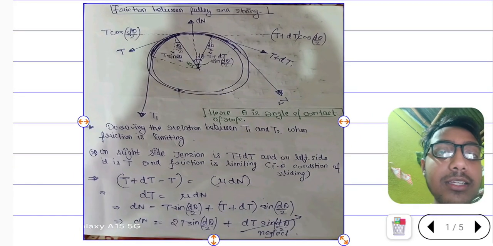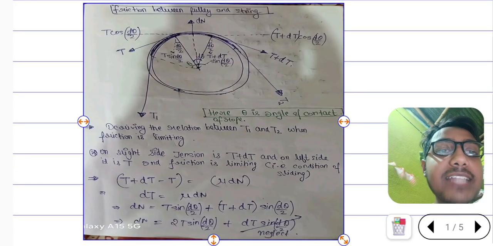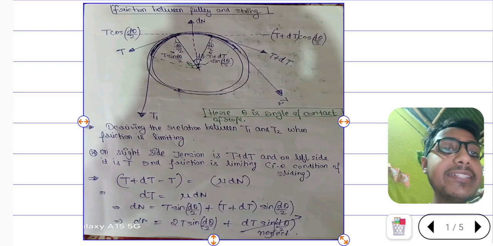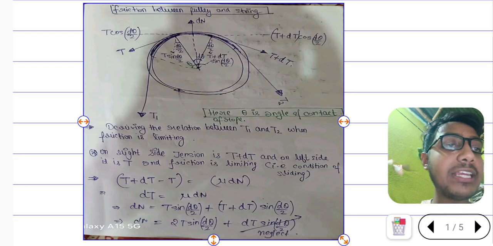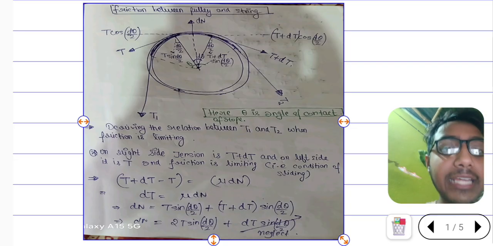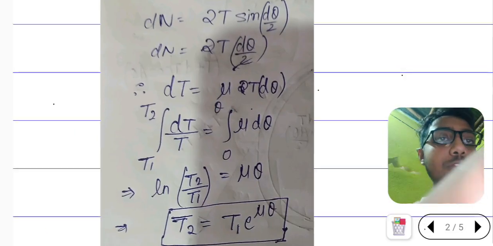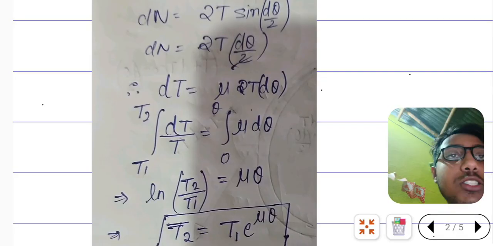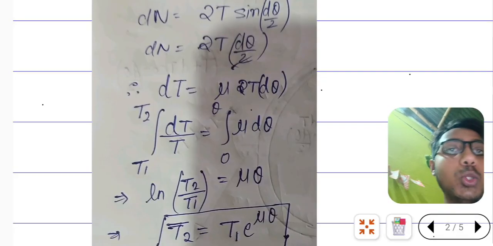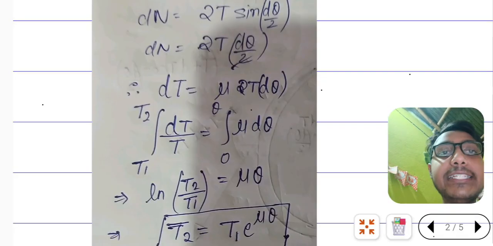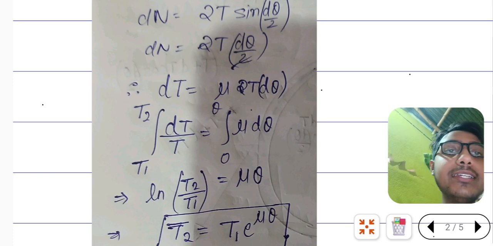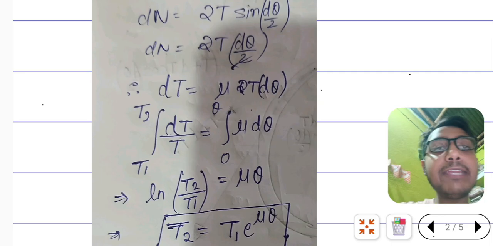Here you can see dN is equal to 2T sin d theta by 2 plus dT sin d theta by 2. Here dT sin d theta by 2 is a very small term, so we'll neglect it. So dN becomes 2T sin d theta by 2. And for small angle we know sin theta is equal to theta, so 2T d theta by 2, so dN becomes T d theta. So dT is equal to mu T d theta, and we'll bring T to one side and